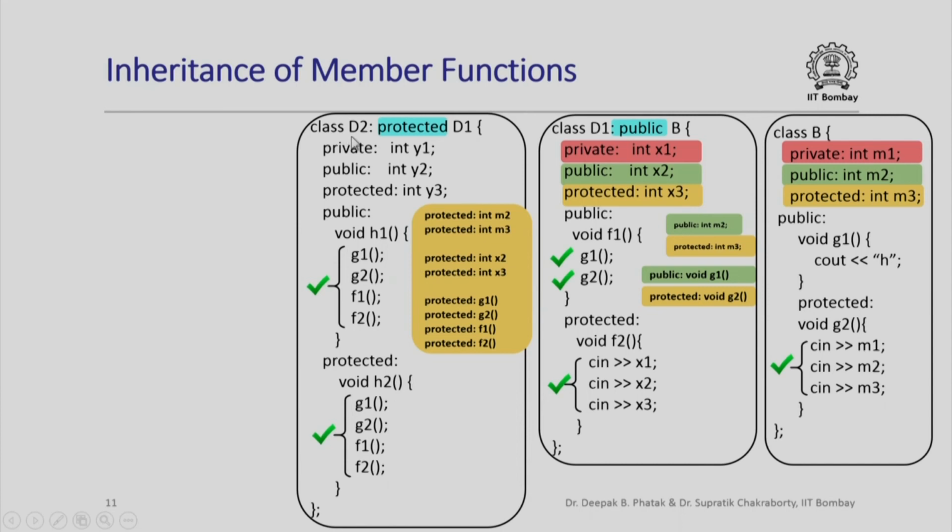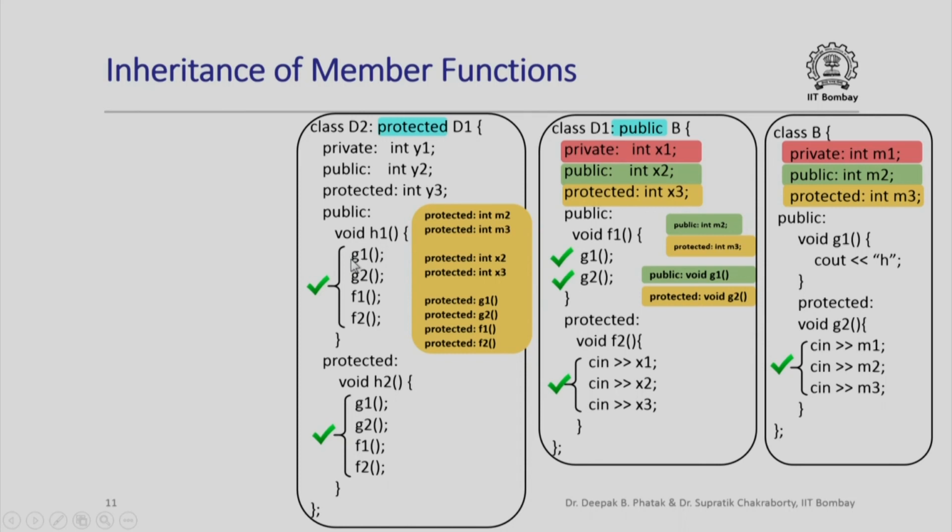Now here is another derived class D2, and in this case it is actually derived from the class D1, which in turn was derived from the class B. So as far as D2 is concerned, D1 is its base class, and the mode of derivation of D2 from D1 is protected. It once again has some additional data members and this is a public member function of the derived class D2, and within this public member function I am trying to access member functions of the class D1, and some of these member functions are actually member functions of the class B.